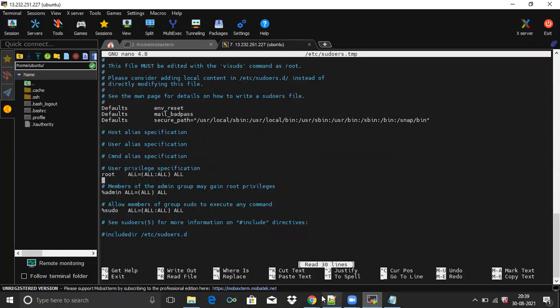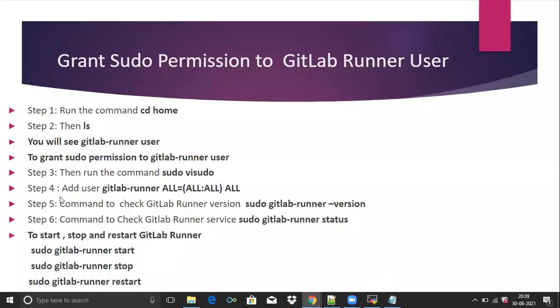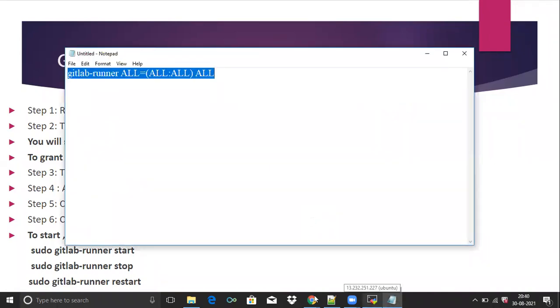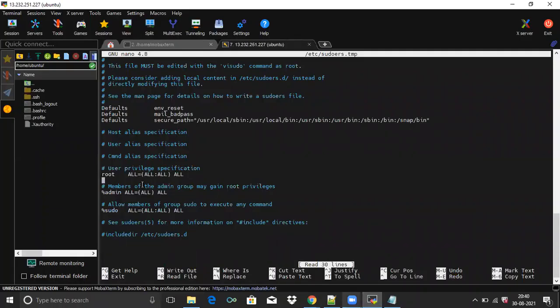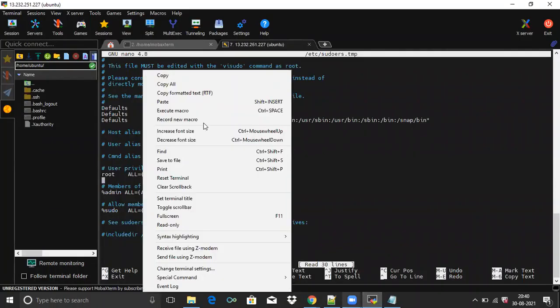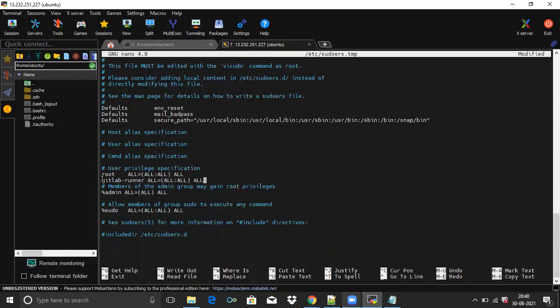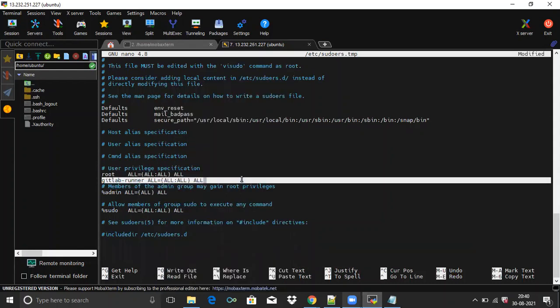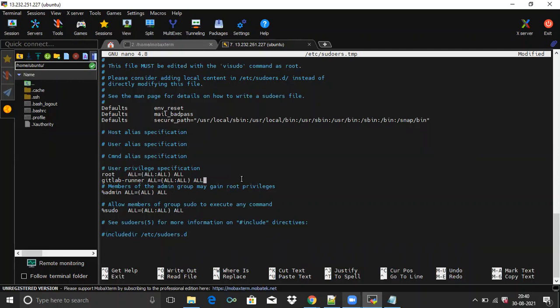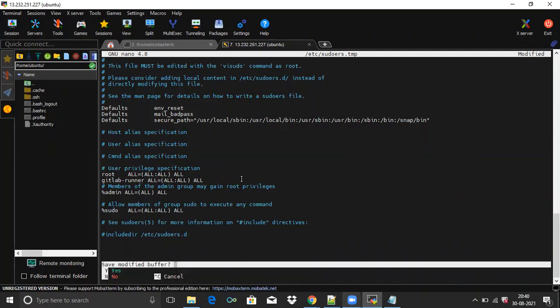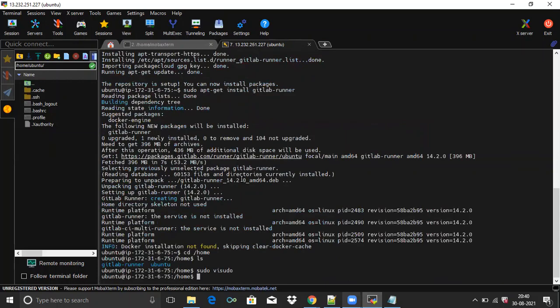Now to add the user, run this command. Copy this command and paste here. Then press Ctrl plus X, then press Y and then press enter.